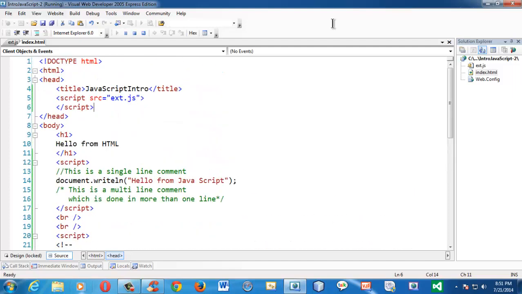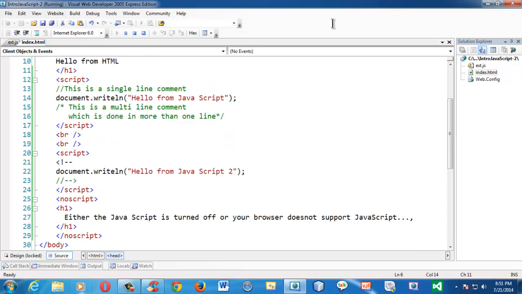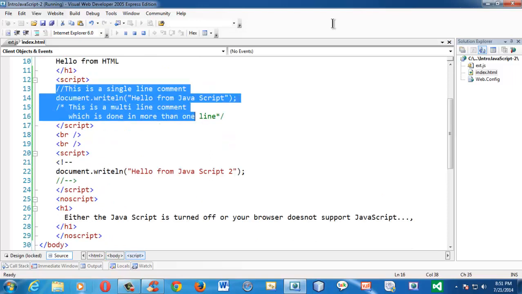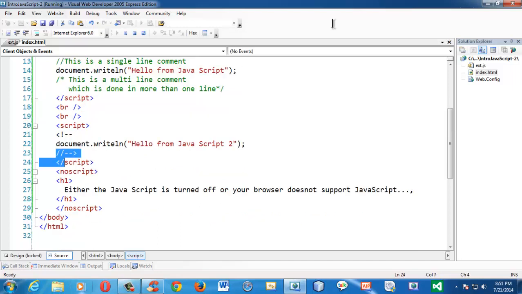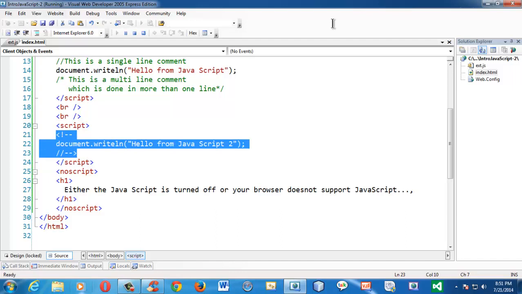So to summarize, we have seen how to impart comments in our JavaScript coding. We have also seen how to bypass our JavaScript whenever the user runs the HTML page embedded with JavaScript statements in ancient browsers like Internet Explorer less than 3 versions or the Lynx browser.